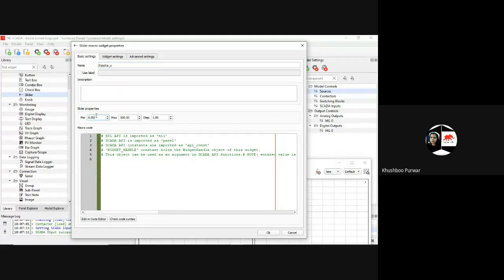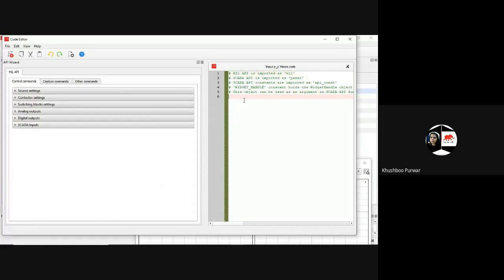Minimum value, I can keep it as 0.80, and maximum, I can keep it as 1.2, and the step can be 0.02. You can edit in the code editor.